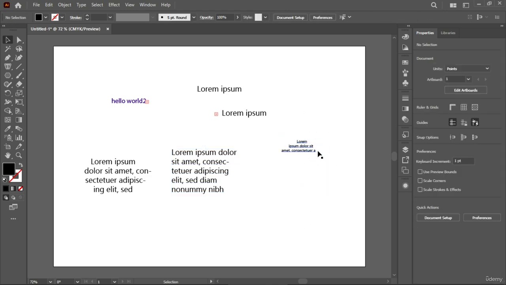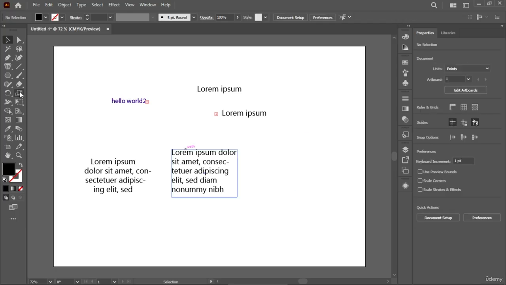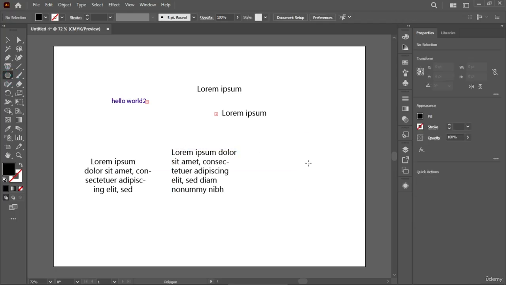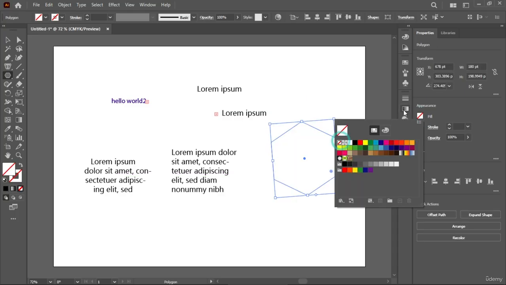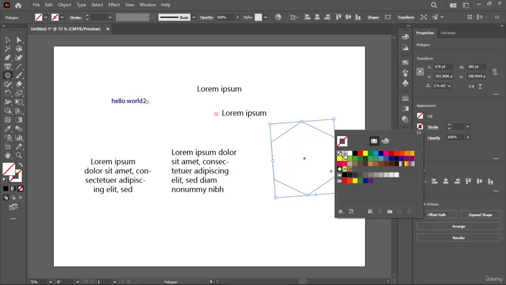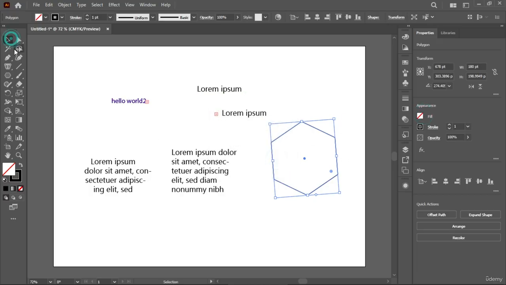Okay, now let's select the area type tool again. After that, click on the path, and now you can see that the text inside our polygon shape has come up. All right, now let's just go back, delete these shapes,